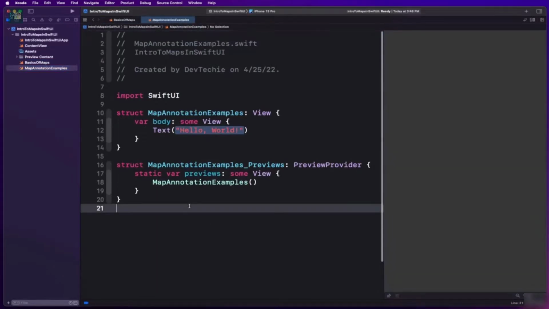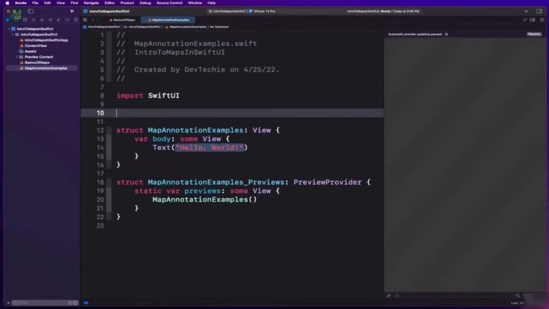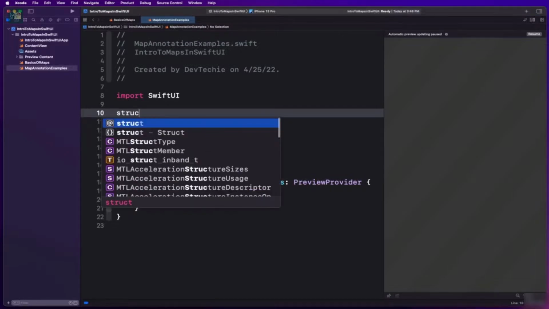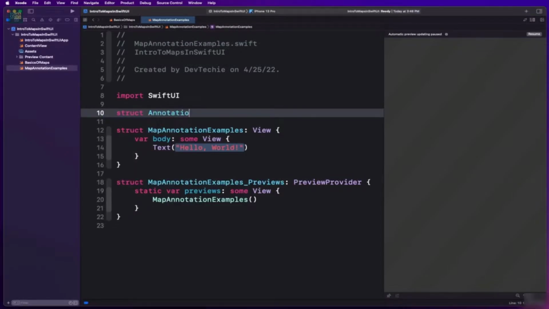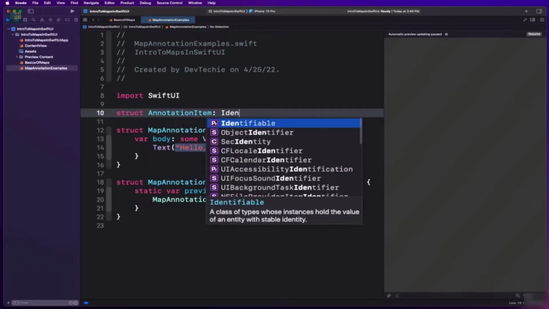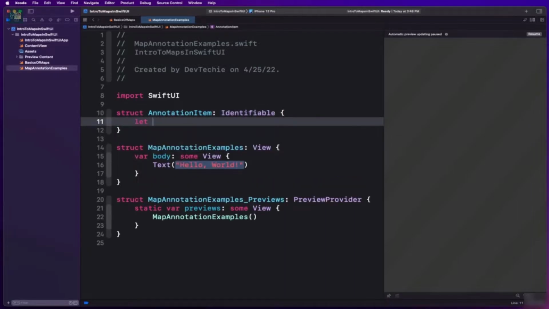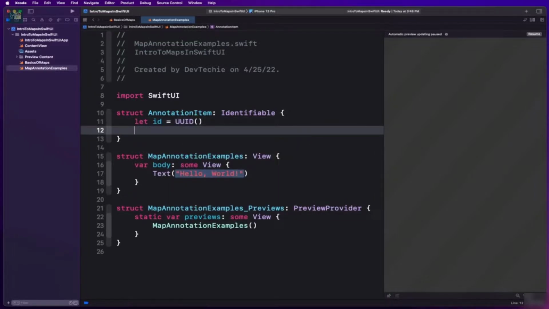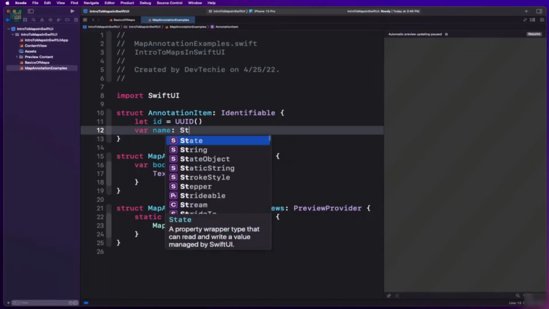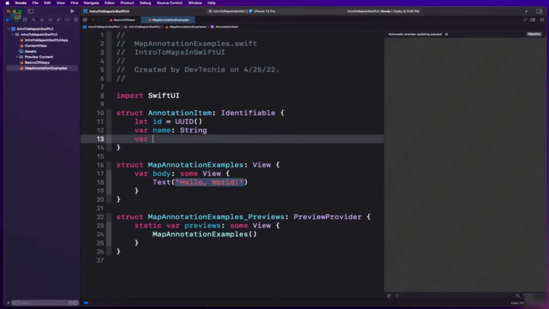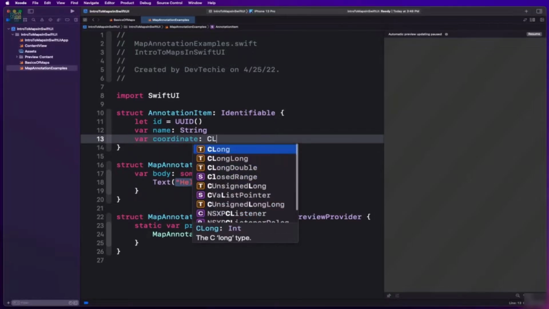Okay, and we're going to start once again with a data structure that's going to support our annotation items. So we're going to create a struct AnnotationItem. This is going to conform to the Identifiable protocol. So in order to conform to that protocol, we need to create an ID. So we're going to create a UUID type, and then we're going to create a name, which is going to be of type String, and a coordinate, which is going to be